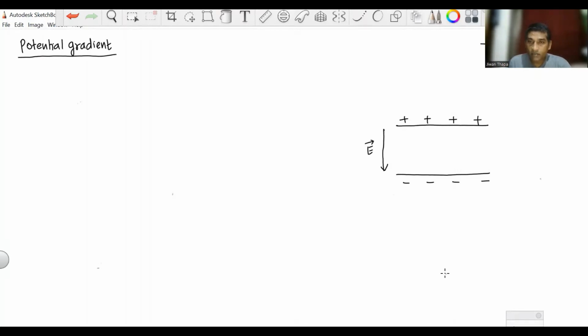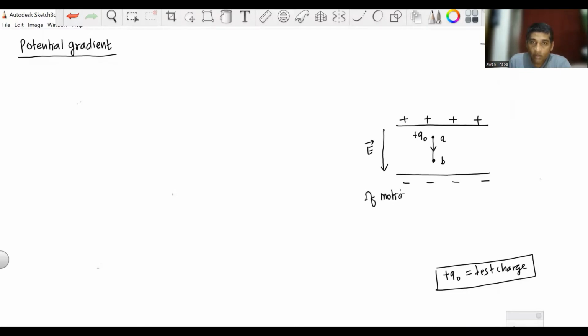Now let us consider a test charge plus Q naught. So I'm taking test charge plus Q naught inside the electric field. Now if the charge is moving from A to B, that is along the direction of the electric field, then what we find is, I'm writing, if the motion of